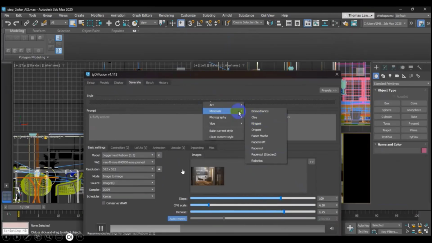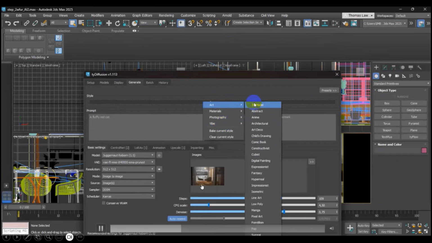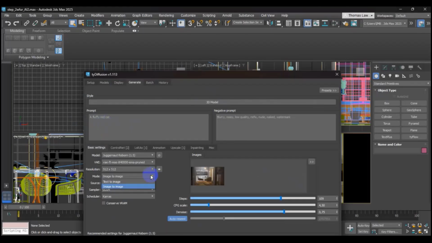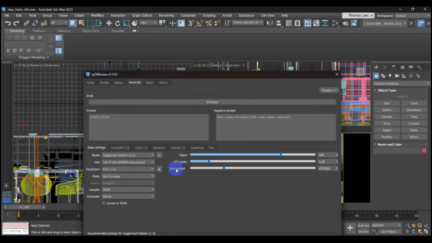So let's say I want to pick some chair or room, and they can generate it automatically. You can prompt, you can type any model. Let's say, hey, I want to create a modern chair with leather material, with more details, and then you can generate.